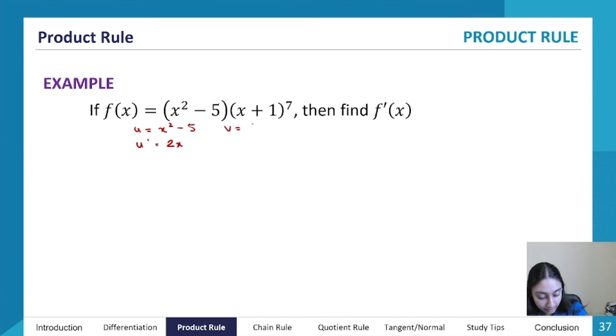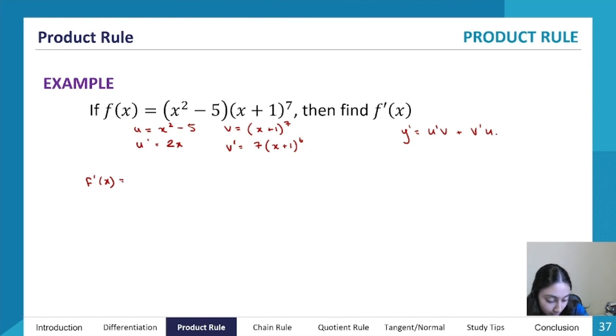My v is equal to x plus 1 to the power of 7. In this case, my f of x is equal to x plus 1. My f dash of x will be equal to 1. So v dash will be equal to 7 times x plus 1 to the power of 6. So using my equation of y dash is equal to u dash v plus v dash u,